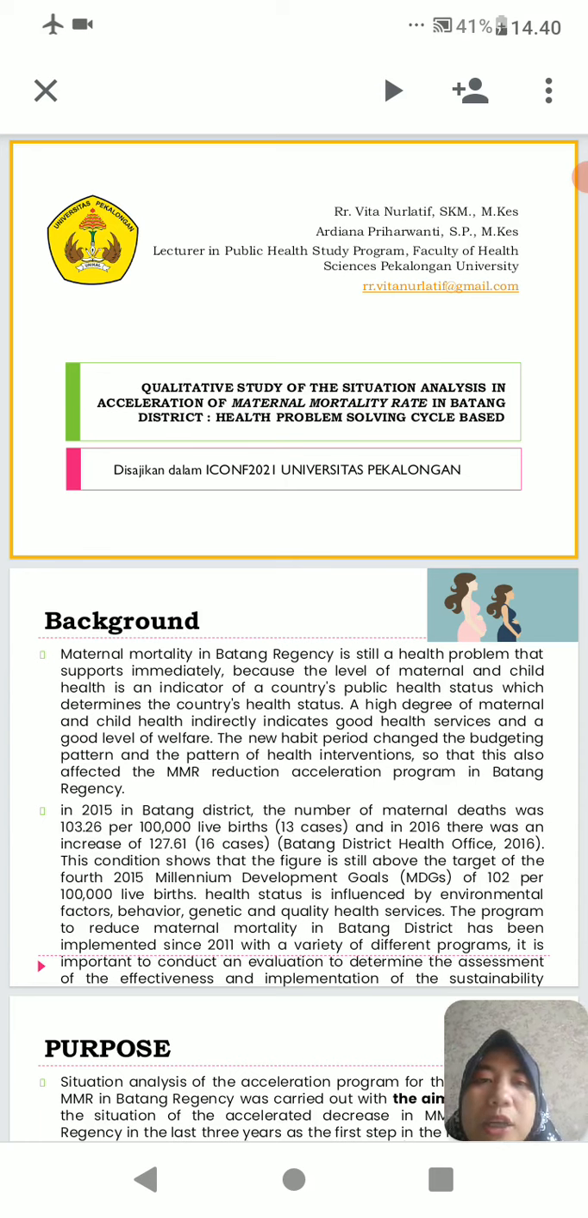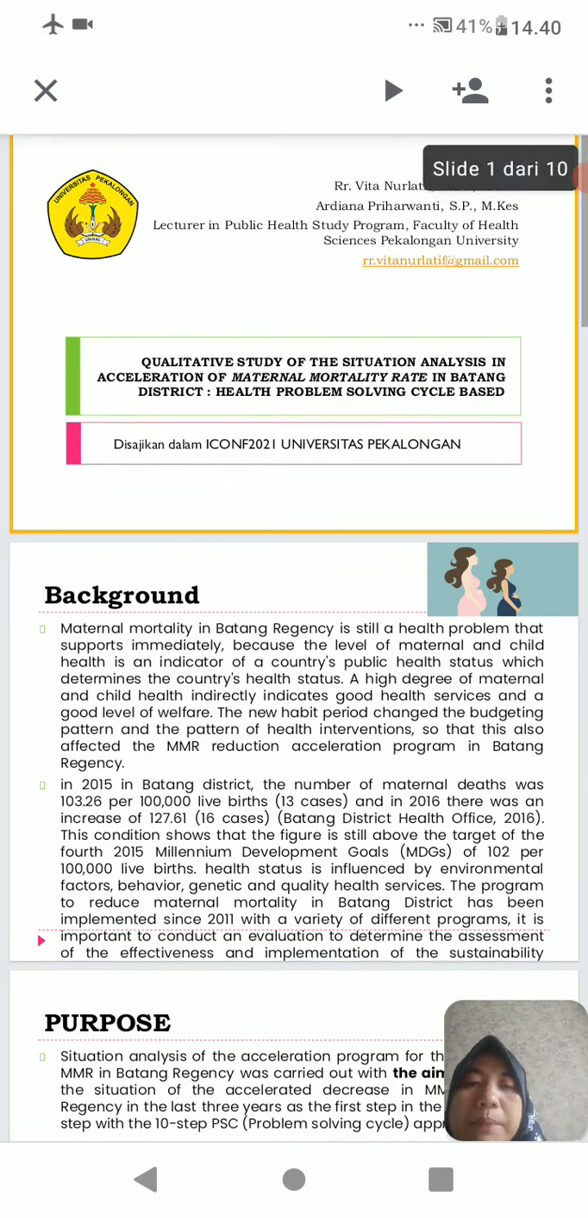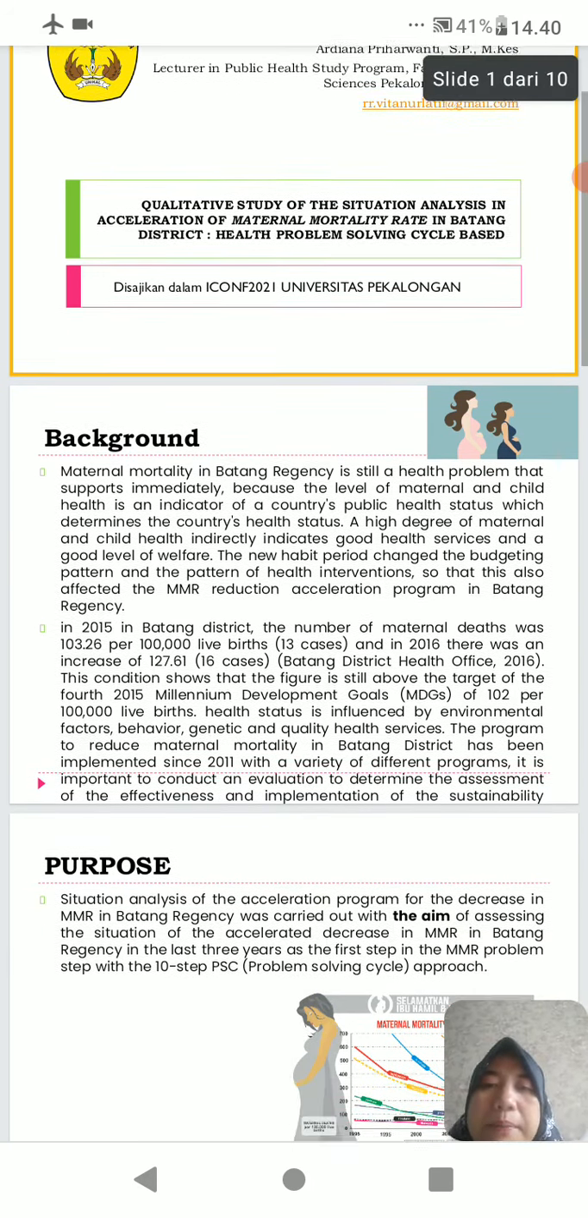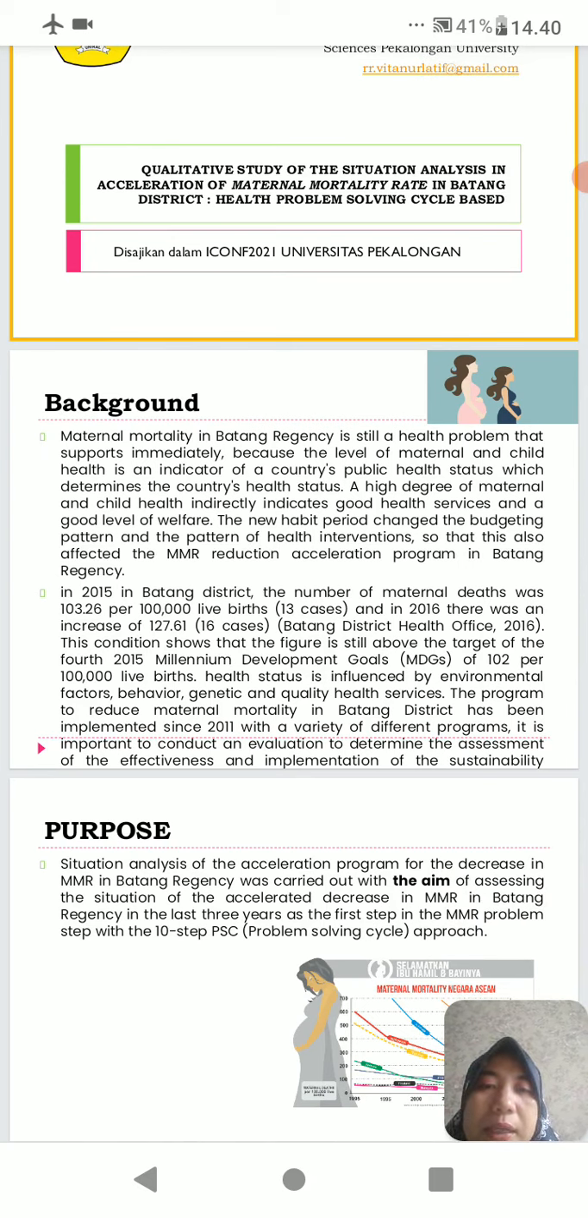about a qualitative study of the situation analysis in acceleration of maternal mortality rate in Batang District, health problem solving cycle based. The background of my research is that maternal mortality in Batang Regency is still a health problem that needs to be supported immediately, because the level of maternal and child health is an indicator of a country's public health status, which determines the country's health status. A high degree of maternal and child health indirectly indicates good health services and a good level of